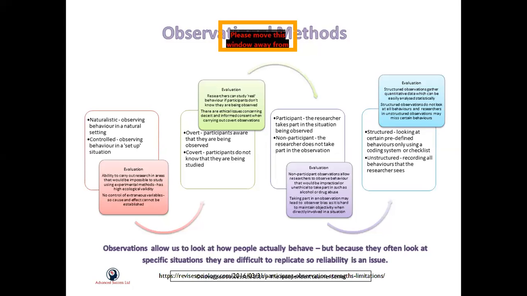Now, when I observe the participant, the postgraduate resident, during the course of his performing a particular surgical skill or a particular clinical examination skill without them being aware that they are being observed, that is called a covert observation. So what happens during this type of observation? A researcher can understand the real behavior if the participants don't know that they are being observed. But then there are ethical issues concerning certain deceit and informed consent performances. Informed consent is required when we do covert observations.